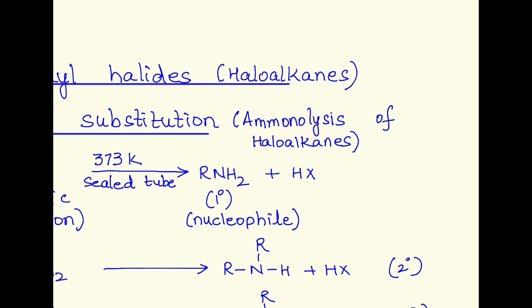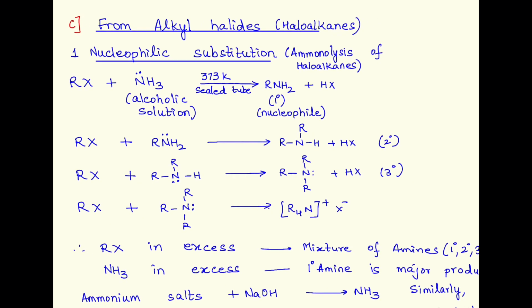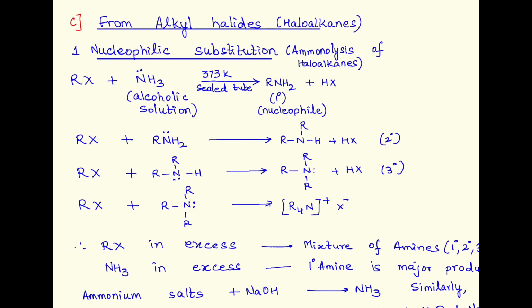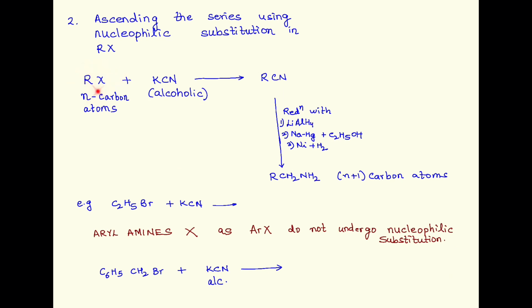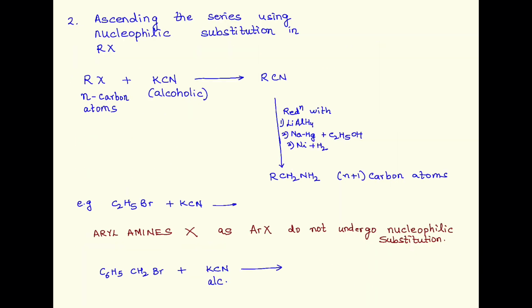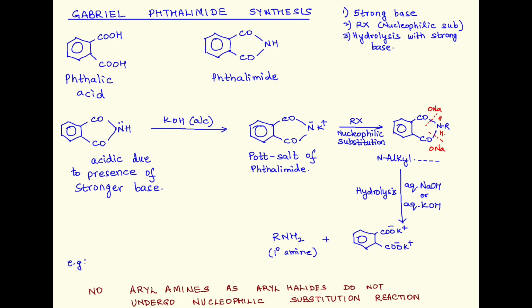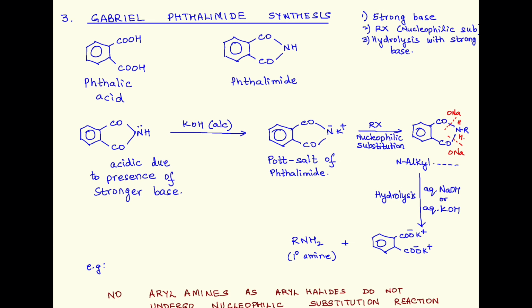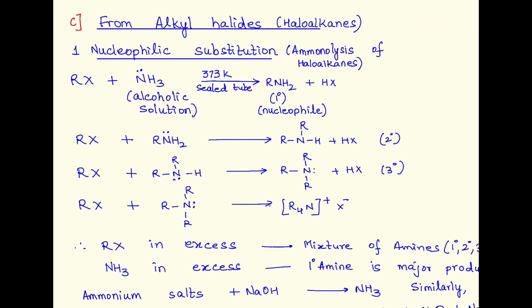Ammono comes from, yes, absolutely right, ammonia. So we had done haloalkanes reacting with ammonia. The second is, again, haloalkanes can be converted to nitriles, and just now we have written conversions of nitriles to amines. So that's the second way. The third place where haloalkanes are used is in Gabriel phthalimide synthesis. What is this reaction? We are going to do it in detail because it covers a part of our name reactions as well. But interestingly, you cannot prepare